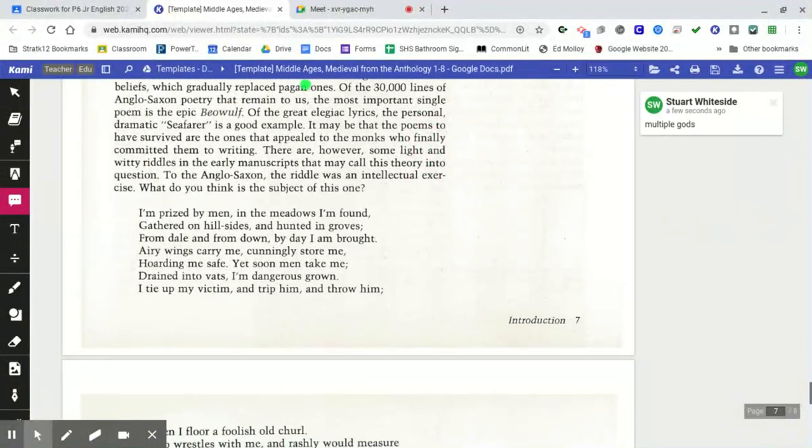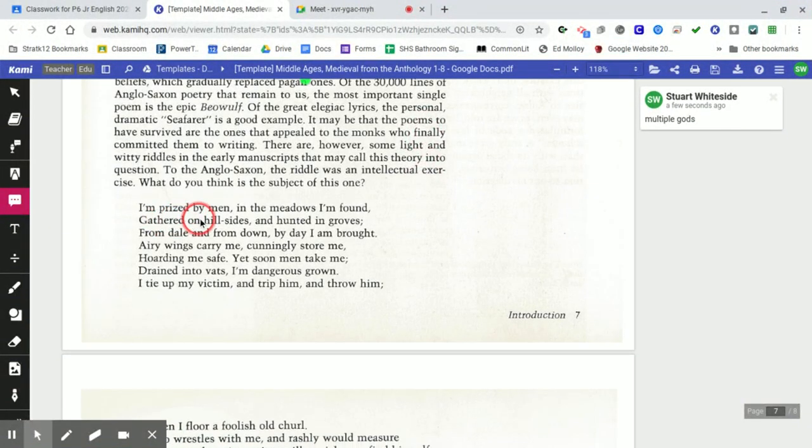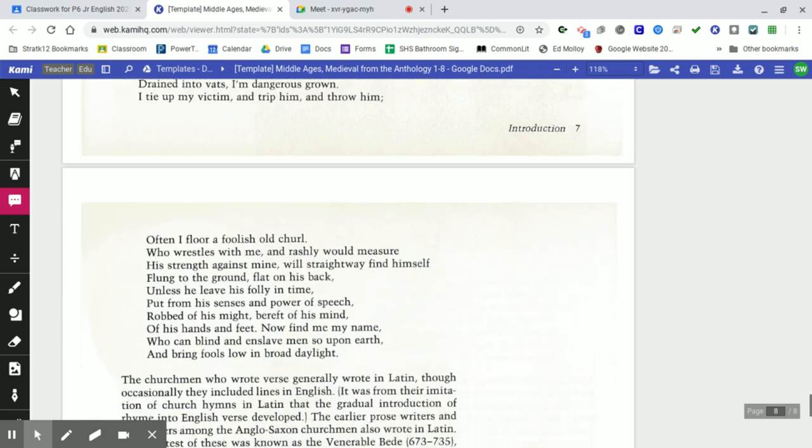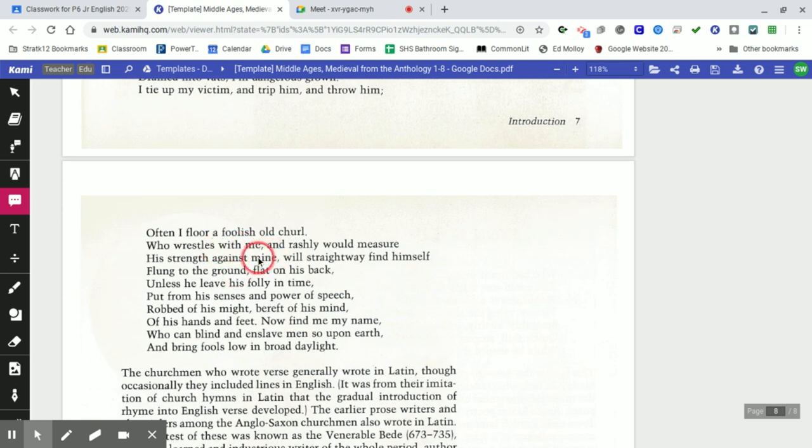It's honey. Okay. I'm prized by men, in the meadows I'm found, gathered on hillsides and hunted in groves, from dale and from dawn. By day I am brought, airy wings carry me, cunningly store me, hoarding me safe. Yet soon men take me, drained into vats. I'm dangerous grown. I tie up my victim and trip him and throw him. Often I floor a foolish old churl who wrestles with me and rashly would measure his strength against mine,